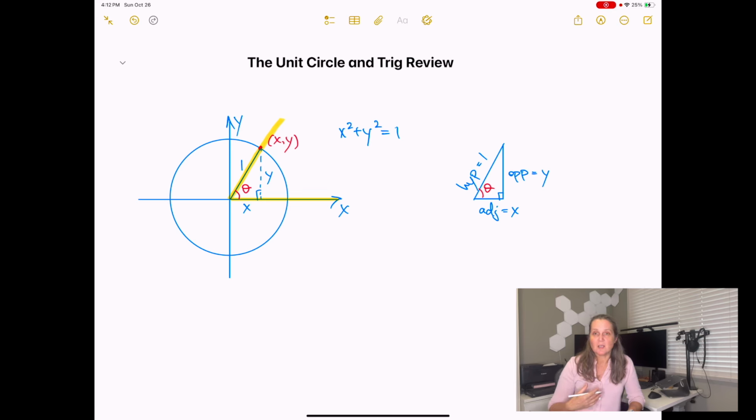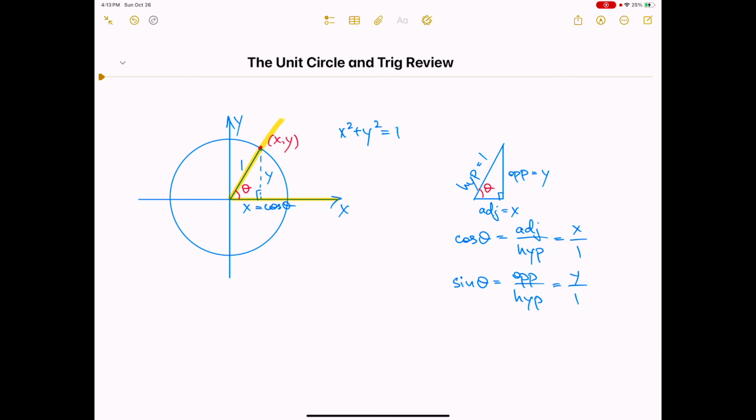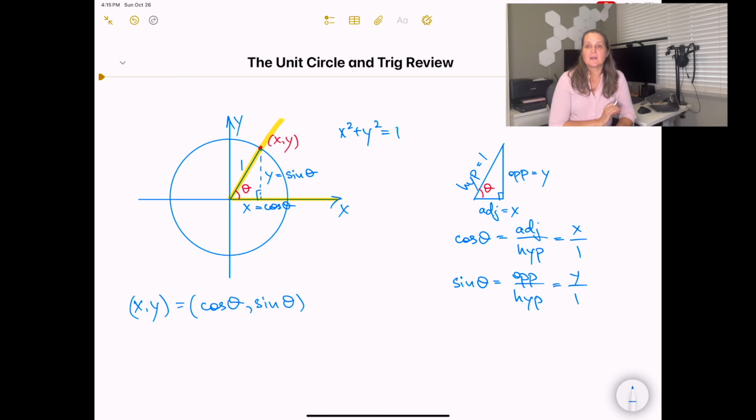By definition, cosine of theta is equal to the ratio of the adjacent side to the hypotenuse. Since the adjacent side is equal to x and the hypotenuse is 1, we get the equation x equals cosine theta. By definition, sine of theta is the opposite side divided by the hypotenuse. We get the equation sine of theta equals y. So now we know that on the unit circle, a point with coordinates x, y carries information about cosine of theta and sine of theta, where theta is the angle between the positive direction of x and the ray that